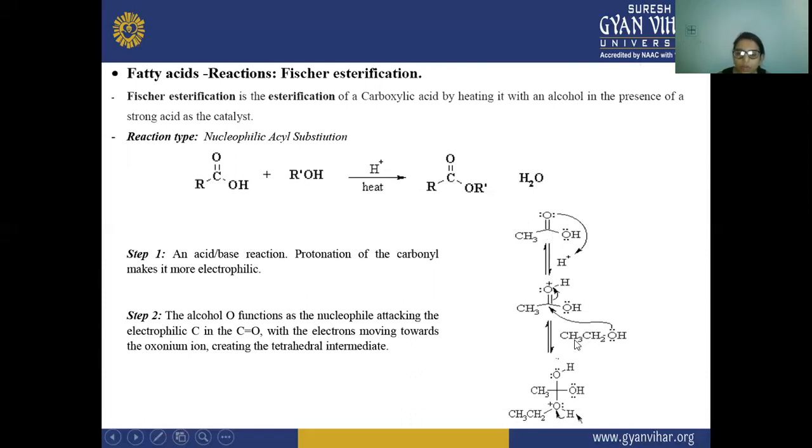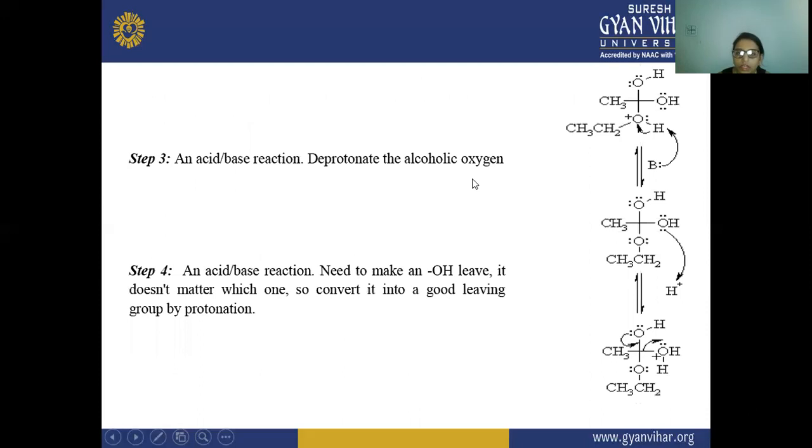Then this alcohol will react. This alcohol will act as a nucleophile and it will react with this carbon atom. So there is a shifting of this bond from here to here, and there is a formation of this tetrahedral structure. So this tetrahedral structure is formed here. After that, this tetrahedral structure,